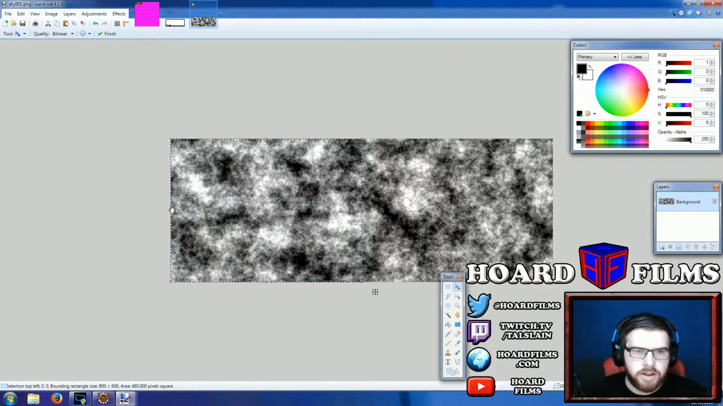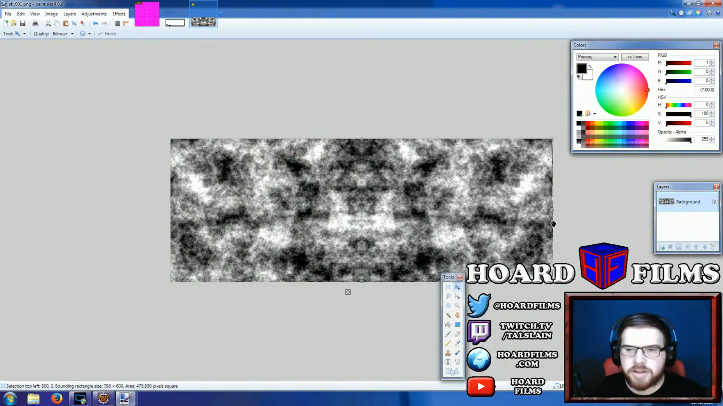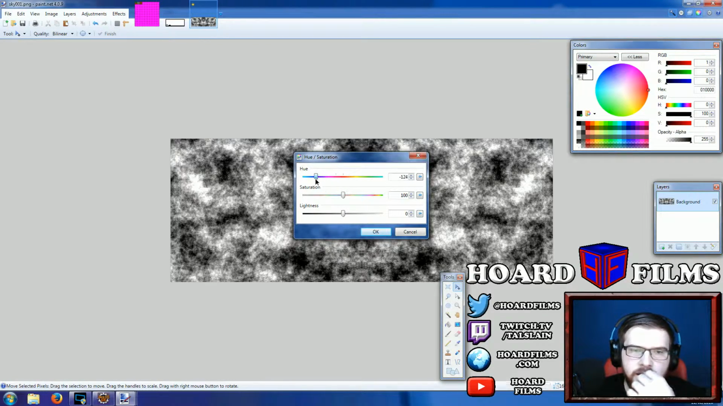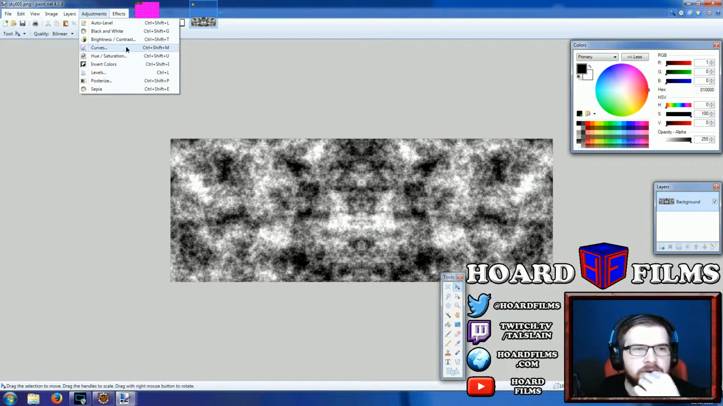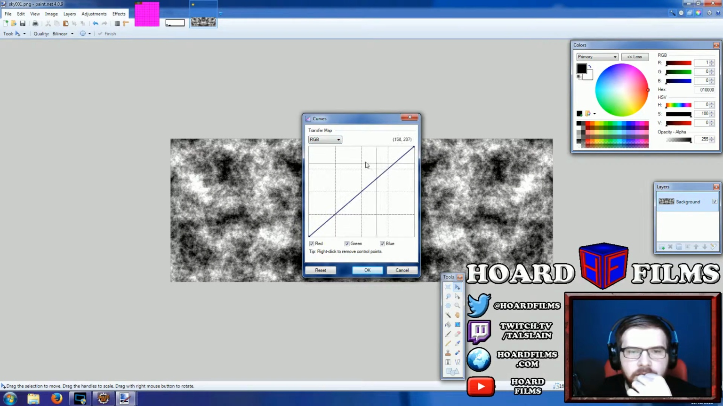Which is there. And just flip it over so that it's seamless. Like so. And then adjustments, hue and saturation. We're going to make this into a bluey colour. Saturate it. And it's not going to let us do that because it's black and white. So what we're going to have to do instead is go into curves, go RGB, take the blue off, and the reds we're going to drop. Oh no, that's,